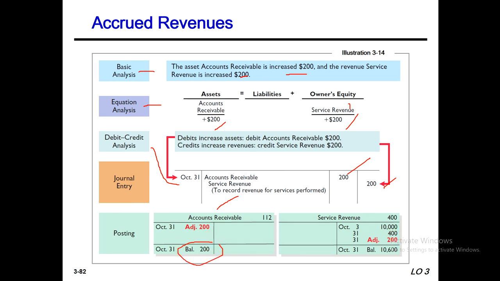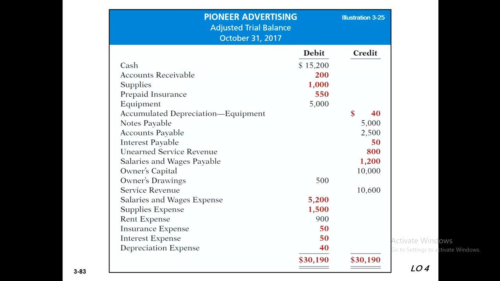And here, service revenue. Our previous balance from the trial balance is 10,000, and we have another balance of 400, and today we have this balance of 200. So the total balance will be 10,600. I think everybody is clear. So this is the accounts receivable, this is the new item, and this is the adjusted trial balance new item, 2,000, and this is the total service revenue item. Please look here, this is the 10,600 amount, this is in dollars.